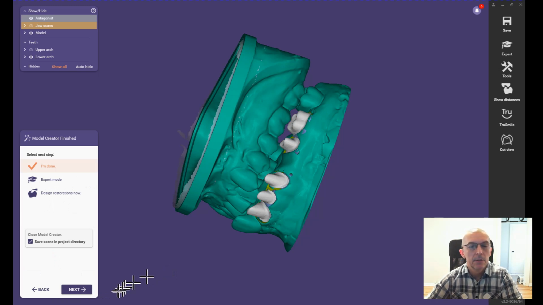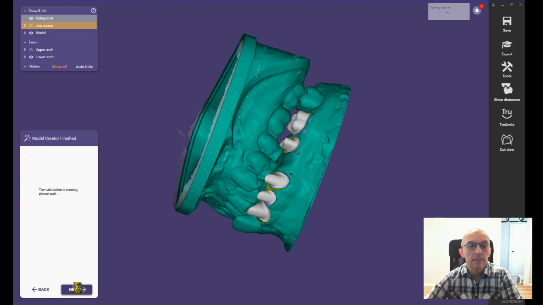And then we're done. So if we're done, we don't want to do any more. We can go directly into designing. If we press this, we can go expert mode. That will give us a lot more bells and whistles to play with. But right now we're just going to go next,